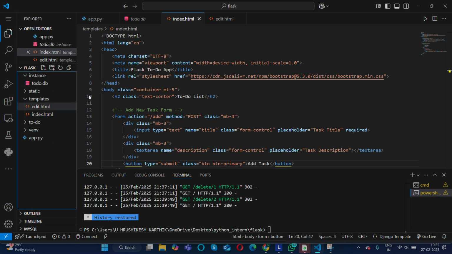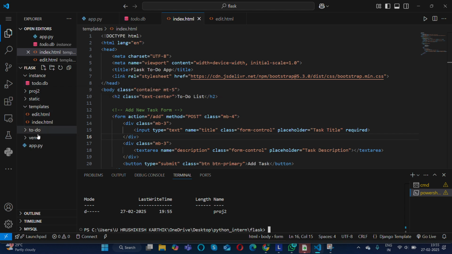Now what should I do? Should I create a new folder over here? I previously told you we can create a new folder from here, but you can still create a folder from the terminal. So the command is simple: mkdir project. So what does mkdir mean? It means make directory, which means it creates a folder.